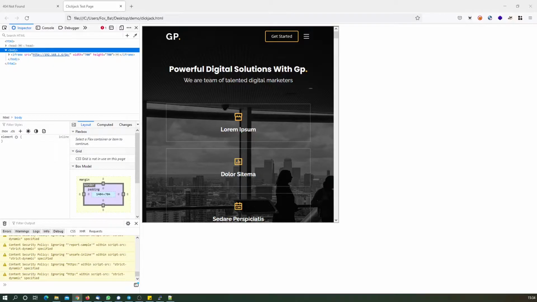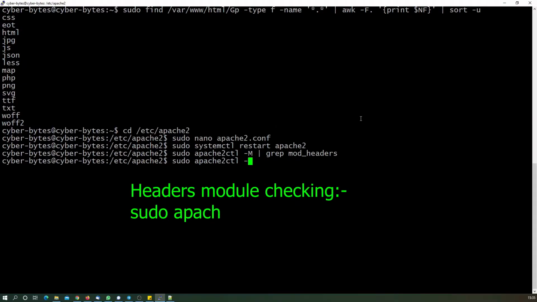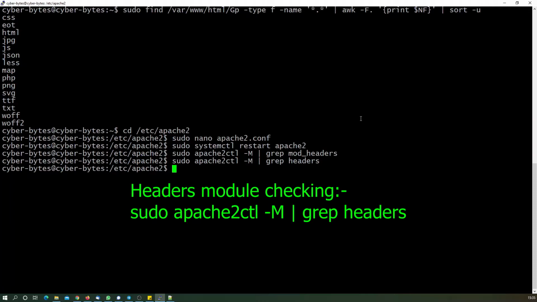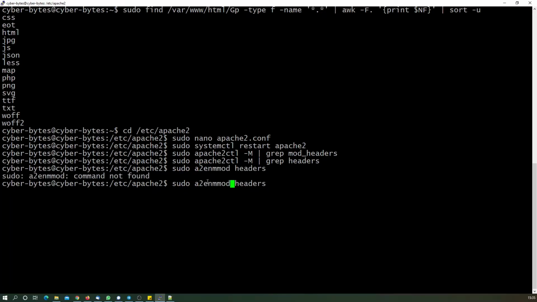First we need to make sure that a module called mod_headers is enabled, and then make the changes accordingly. Let us first check whether our mod_headers module is enabled or not. Let us see now. We have checked on both sides, and the headers module is not enabled. So first we need to enable this headers module, and only then will we be able to implement this security mechanism. This is actually very easy: sudo a2